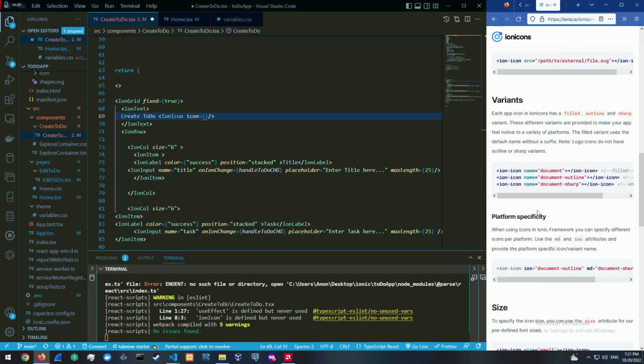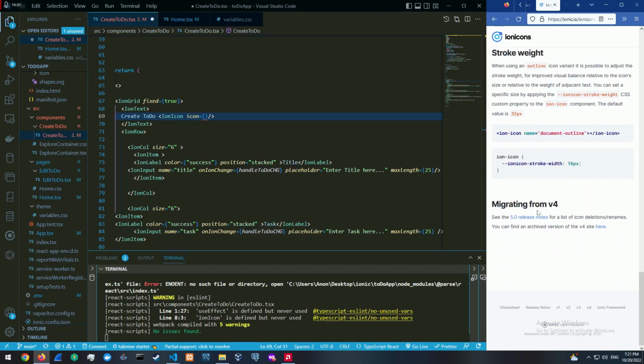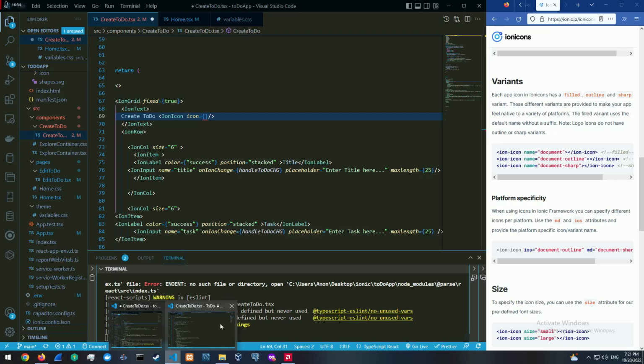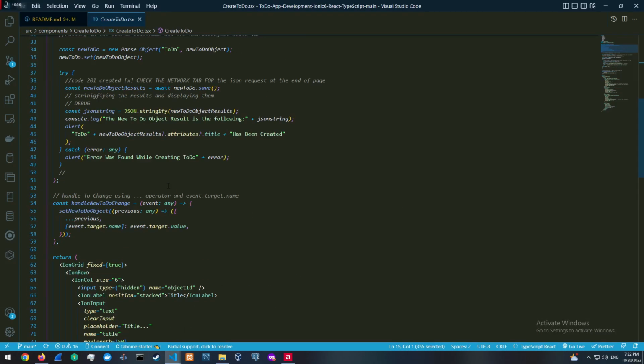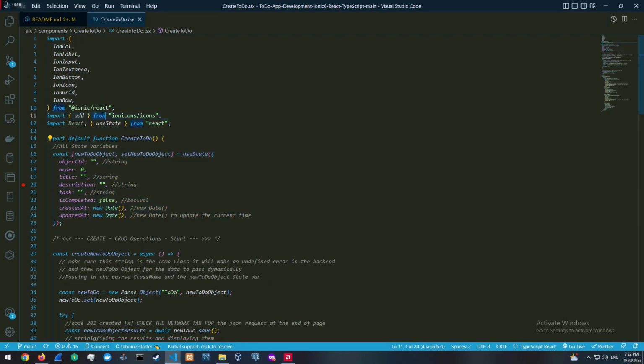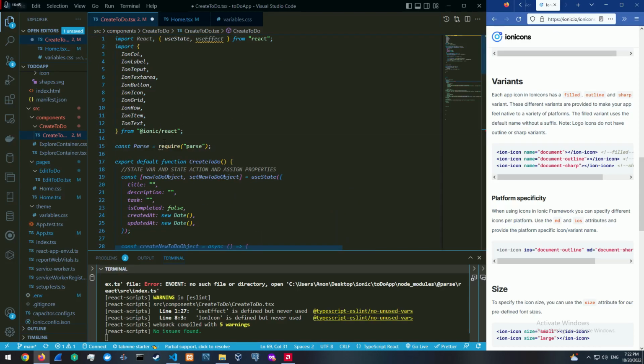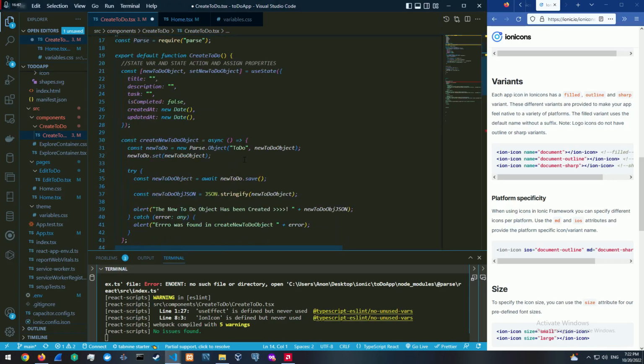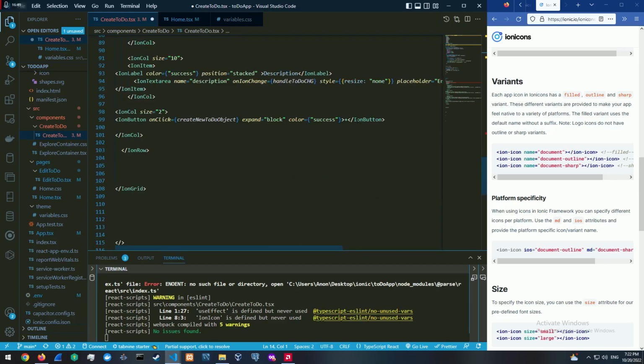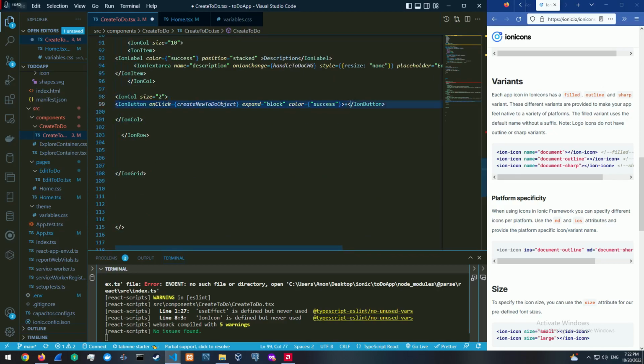There is no example for the React one. I want to show you an example, so let's get it from the old project. So here it is. This is the add icon, for example. We could just use that as well instead of that plus sign over here. So let's just do ion icon, and the icon is going to be add, just to do the example. All right,